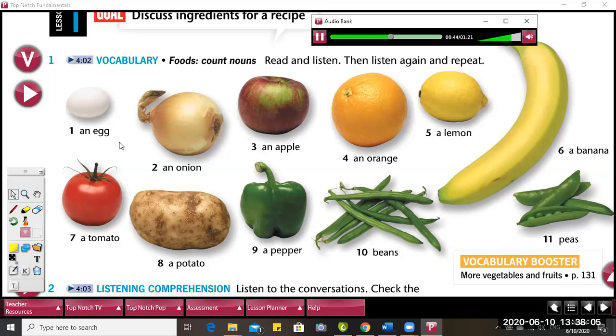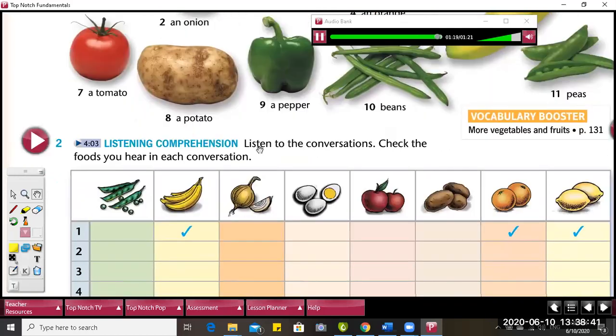an egg, an onion, an apple, an orange, a lemon, a banana, a tomato, a potato, a pepper, beans, peas,